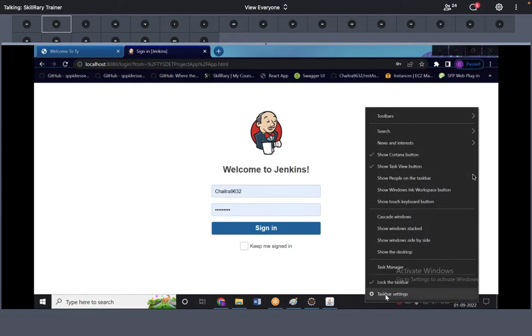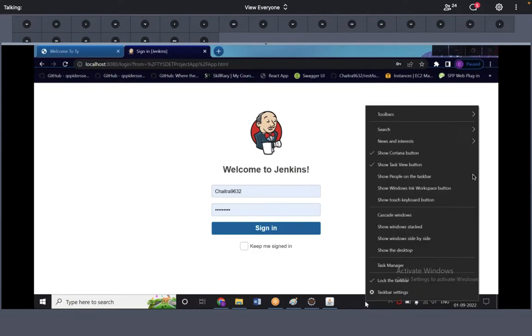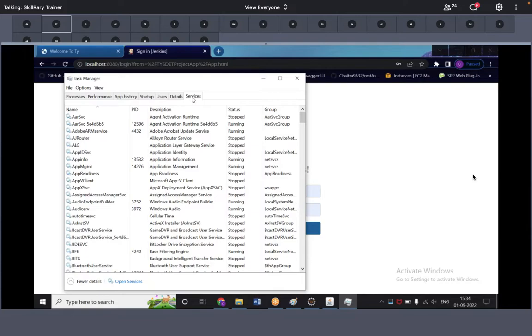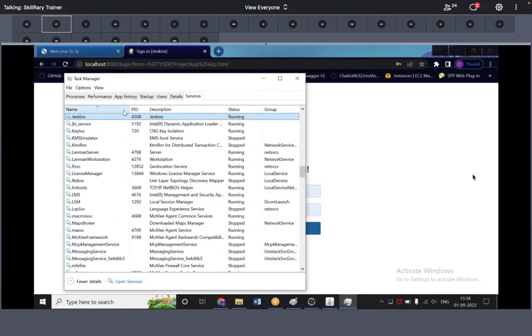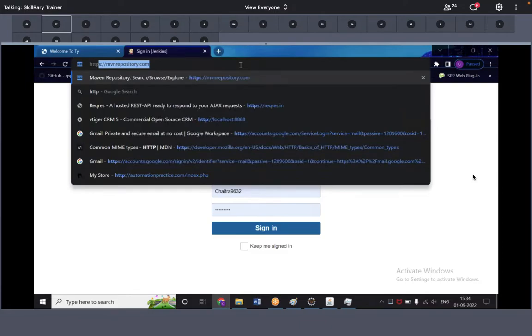So what I'm going to do is, let me go to taskbar. Okay, task manager, services, and I will stop Jenkins for a while. Because both are using the same default port, it might create a problem. So I will stop it. Now what I have to do is